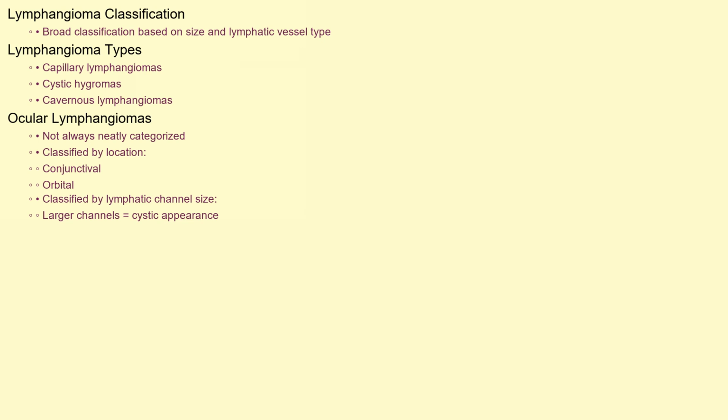Lymphangiomas can be broadly classified into different types based on their size and the type of lymphatic vessels involved. These include capillary lymphangiomas, cystic hygromas, and cavernous lymphangiomas. Ocular lymphangiomas don't always fit neatly into these categories and are often described by their location, such as conjunctival or orbital lymphangioma. Sometimes, they are classified based on the size of lymphatic channels involved, with larger channels often leading to